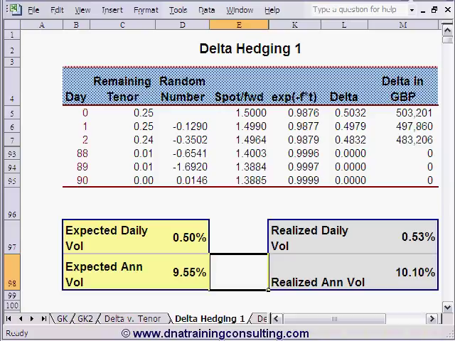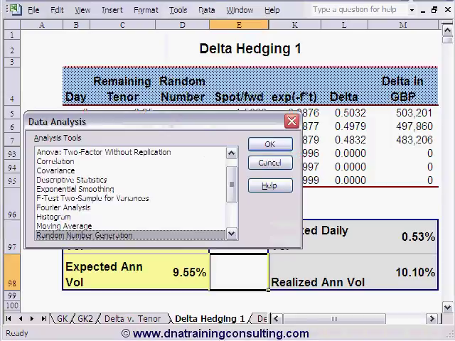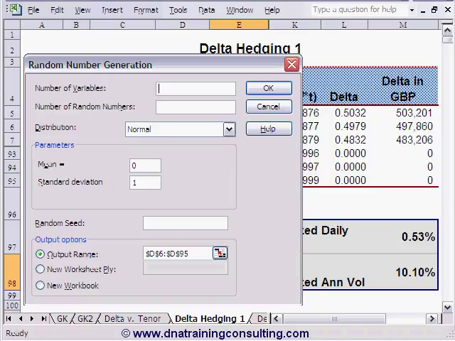Now, if you wish to try a second time to generate these numbers randomly, you repeat the same process: Tools, Data Analysis, Random Number Generation, hit OK, and you will get the same dialog box you had a minute ago. So all you have to do this time is hit OK without need for further inputs. In a second, when we do that, you will see Excel asking us whether we wish to save the previous set of numbers or not, and we will instruct it, no, just go ahead and overwrite the previous numbers and